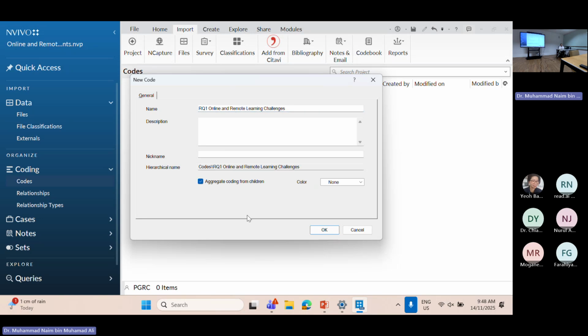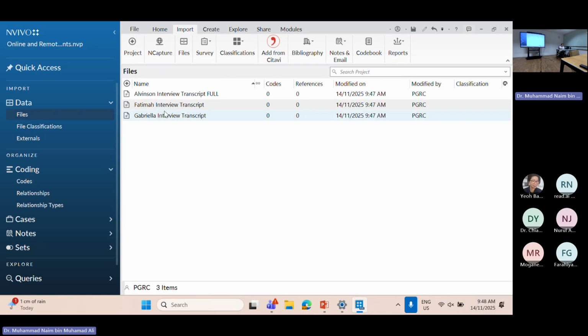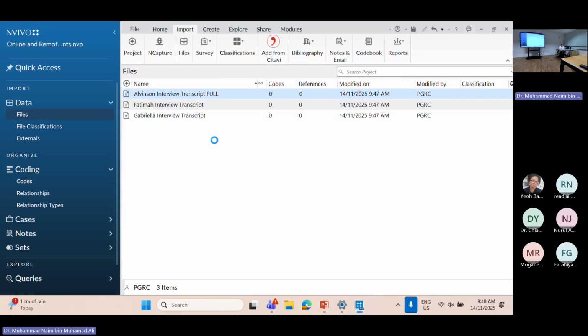Aggregate coding from children will calculate how many codes you coded under this. Click OK. This is the parent. Now to start, you open your transcript.